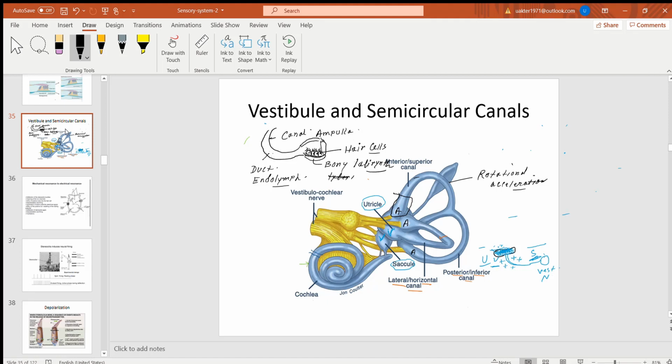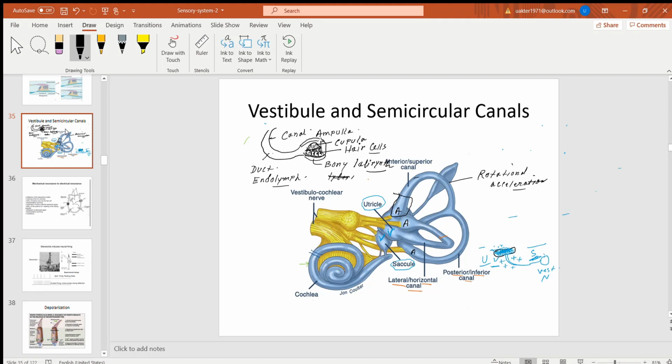on the top of the hair cells you have again a mucopolysaccharide structure. It is a huge mucopolysaccharide soft gelatinous structure. In this case this structure is called cupula. Cupula,